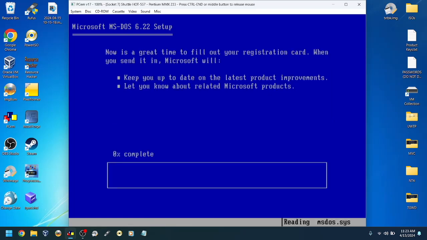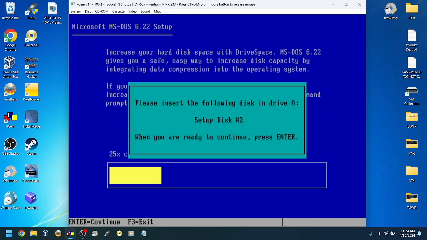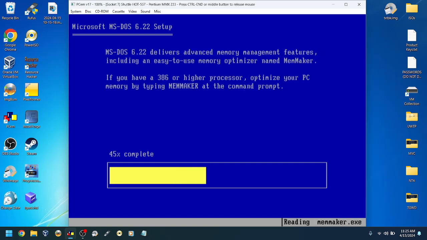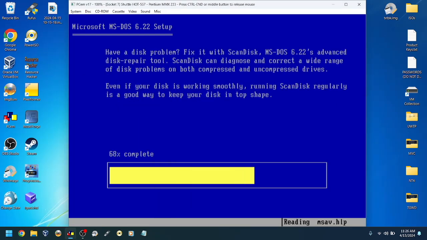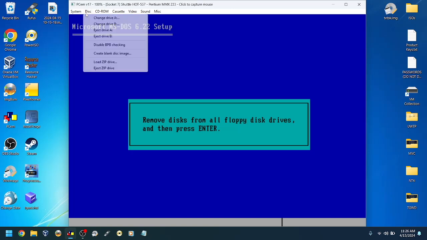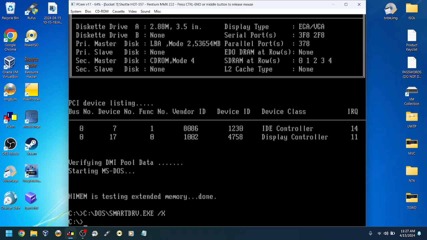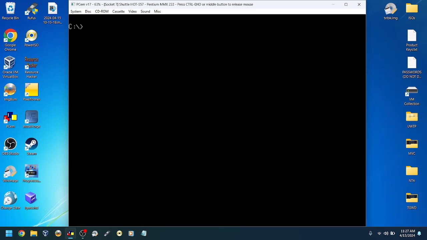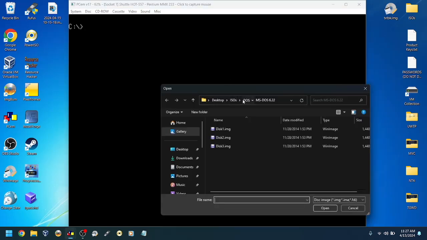Sure. Here we are, so we're just going to clear the screen first. Okay. Now we're ready to install Windows 3.1